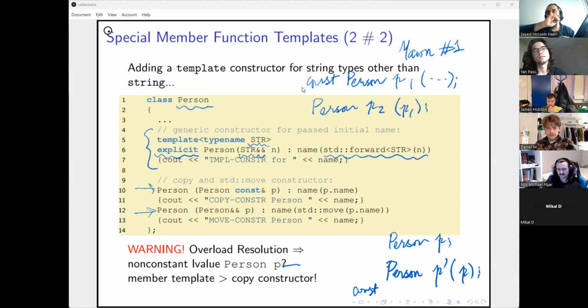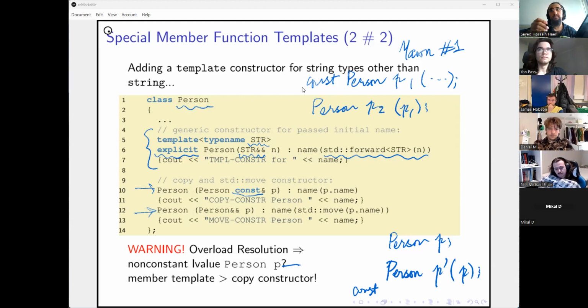In this case, because P1 is constant, the copy constructor will be called, because the compiler sees this const here and knows that this is a better fit than the template constructor at the very top, right?